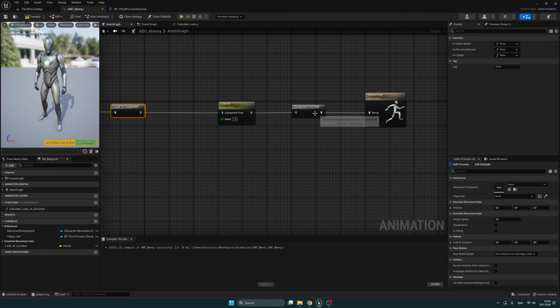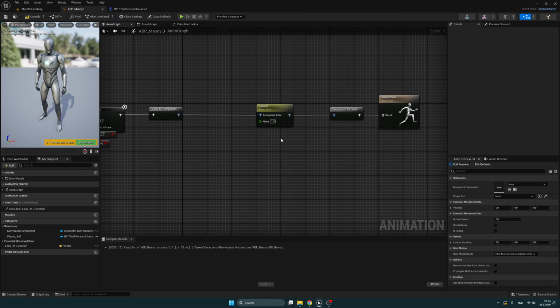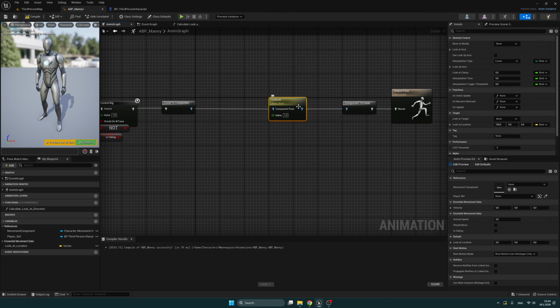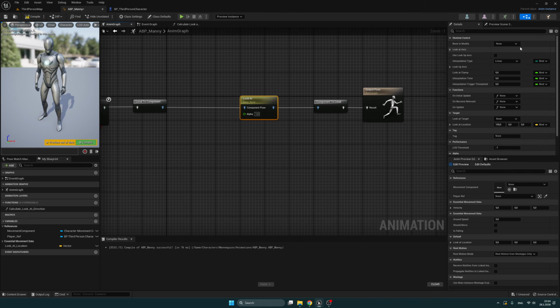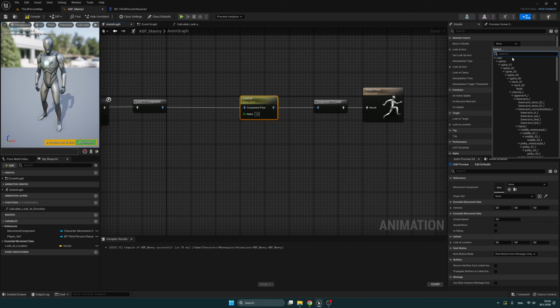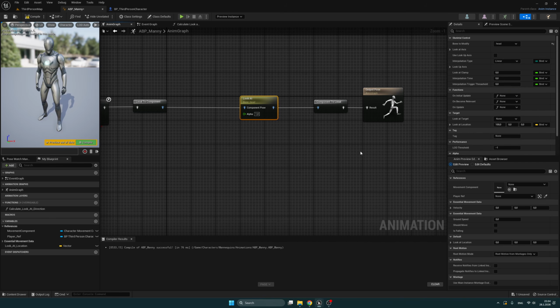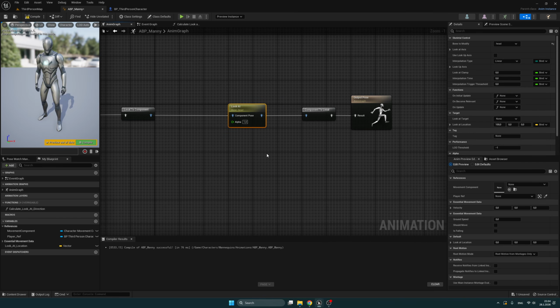Maybe let's get that a little bit closer. And actually it's not aligned. Now it is. Okay. So here we want to click on this look at node and we want to change the bone to modify to head. Okay. And now the next thing that we want to do